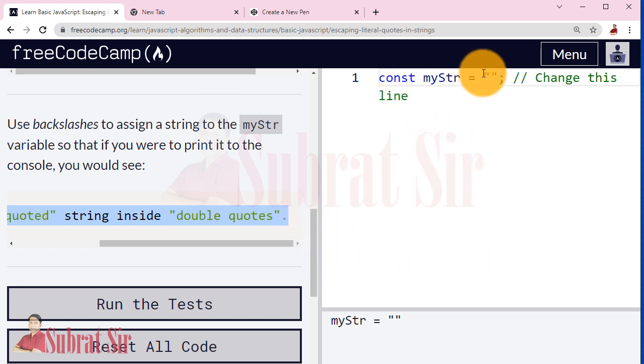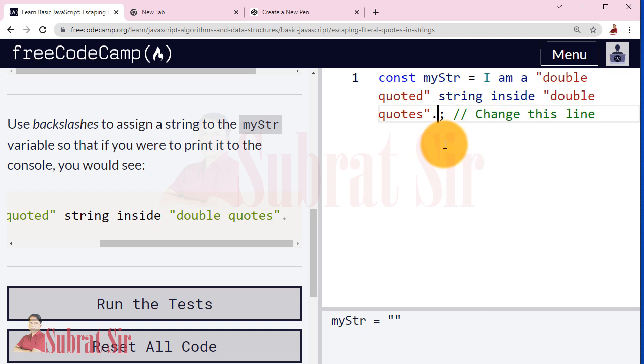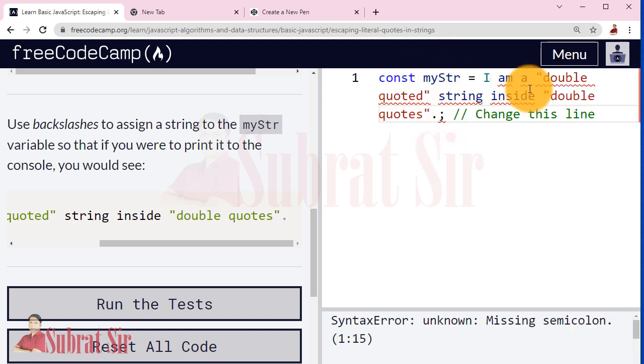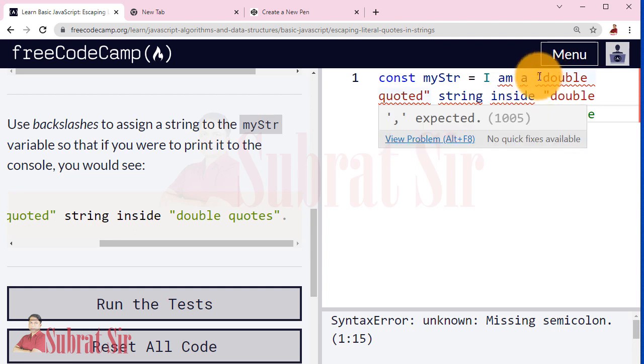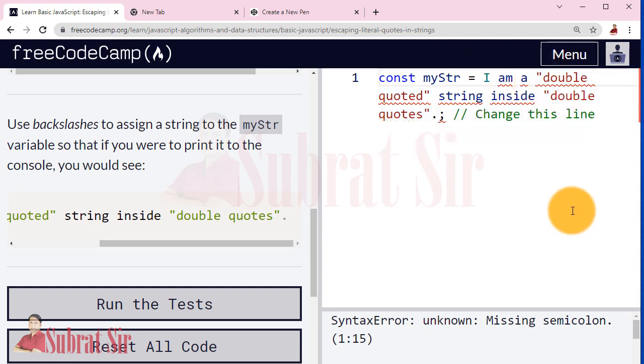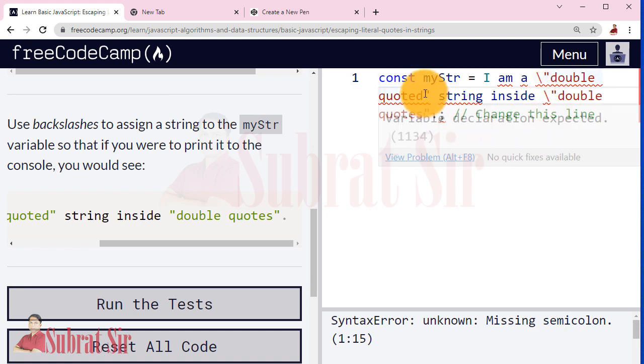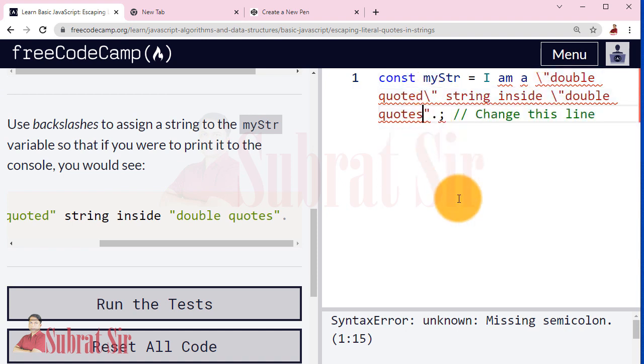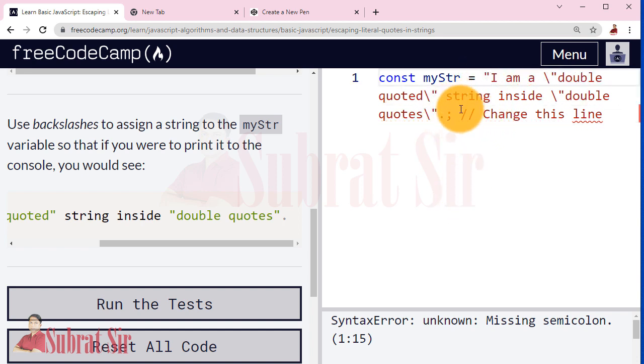So const myStr equal, now I will place a backslash here.